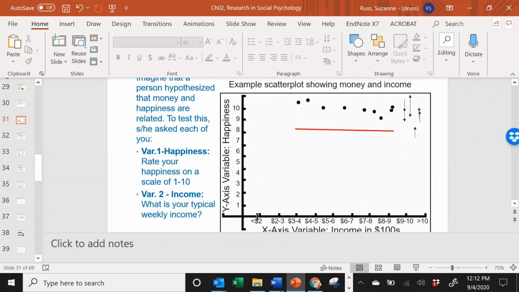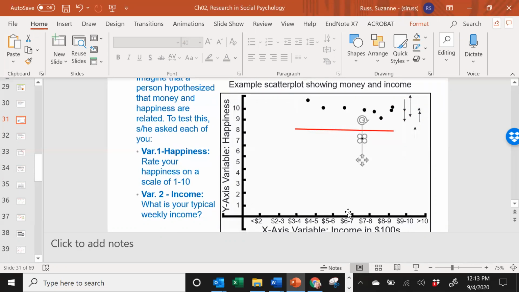You can see that here on the x-axis, I have these levels of income. And I just put income in hundreds of dollars, ranging from $200 to $1,000 a week. The y-axis variable, happiness, I have on a scale of 1 to 10. And let's say the first person said they earn $700 a week and their happiness level is 7. Then I would put their point right here above this line for the $700 and over at this line for